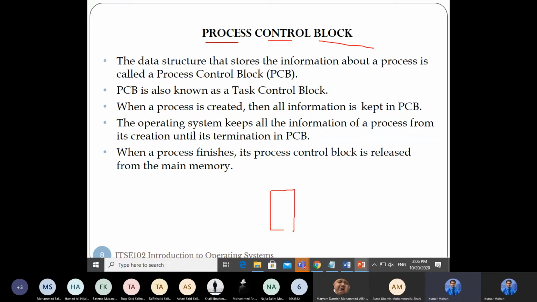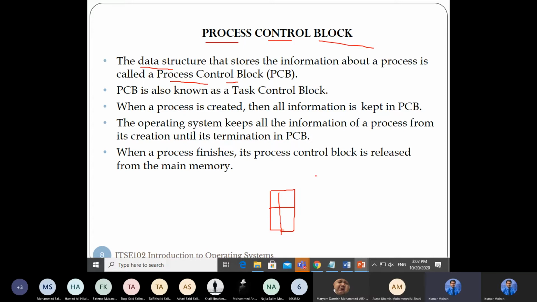The operating system will maintain some kind of table where you maintain all the information about the process: what the process is doing, when it is getting executed, what type of resources it is holding, when it will come out of the process. All that information is in a data structure. Data structure means what? You know, data structure. The data structure holds the entire information about the process. That is called the process control block.